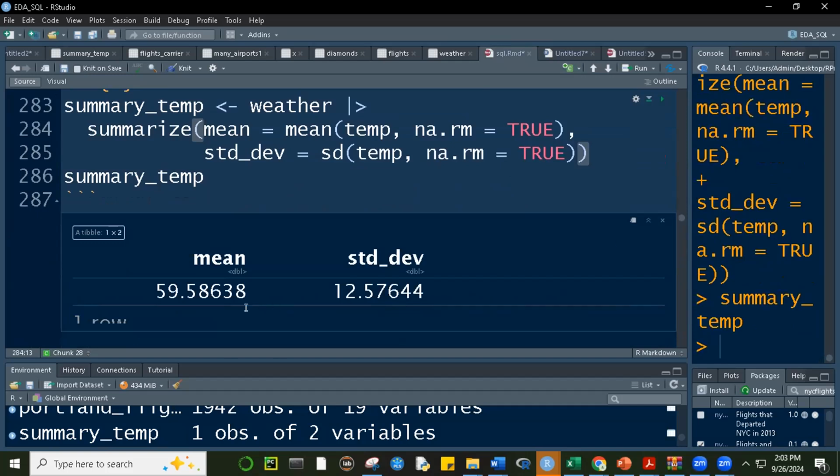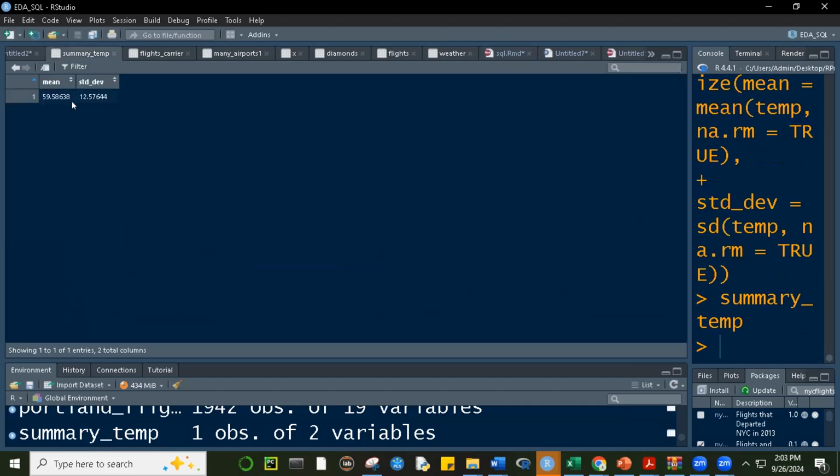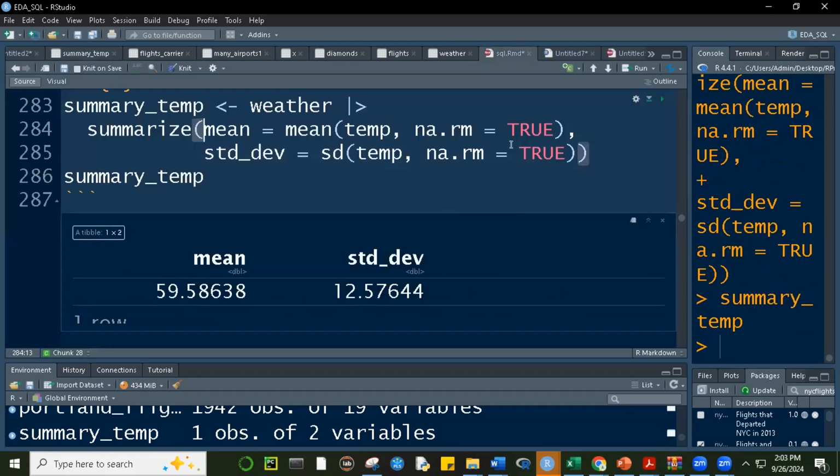It has 59.59. It's similar to the summary function. And if I print this here, there's that summary_temp, you can now see that it changed. It updated: 59.59 and 12.57. So we were able to compute the mean and the standard deviation, class, by imposing that na.rm